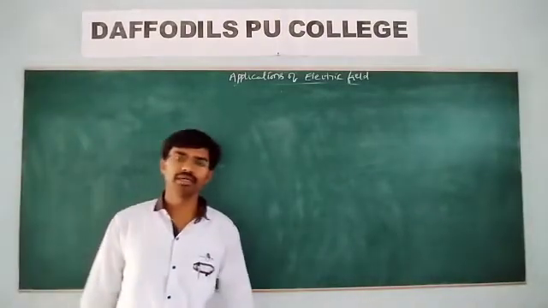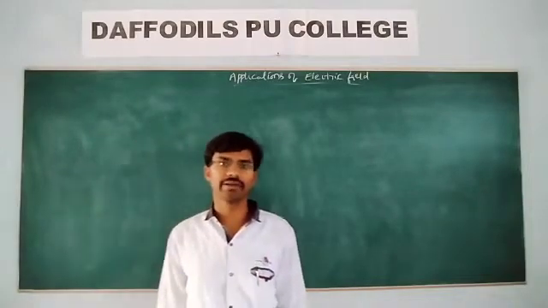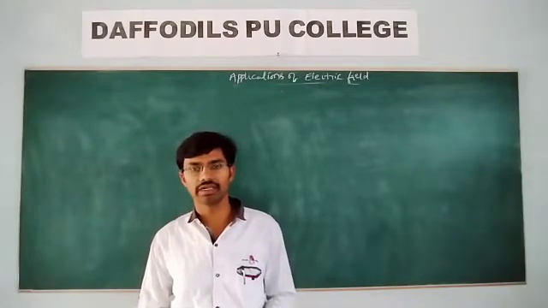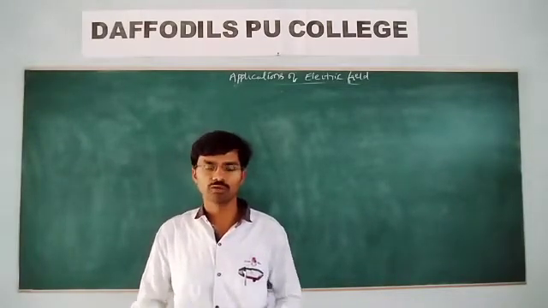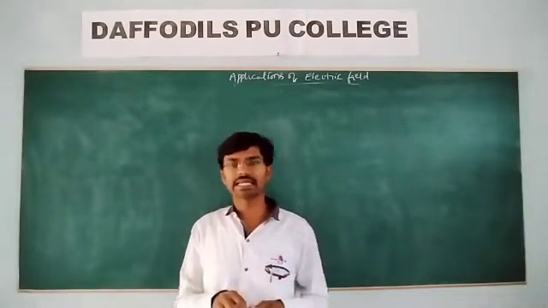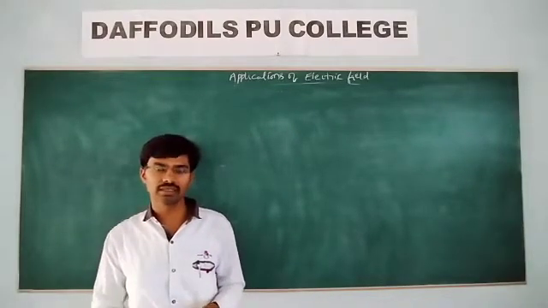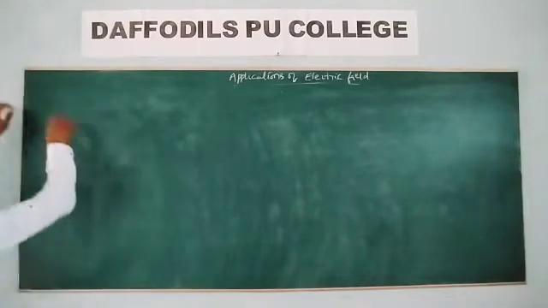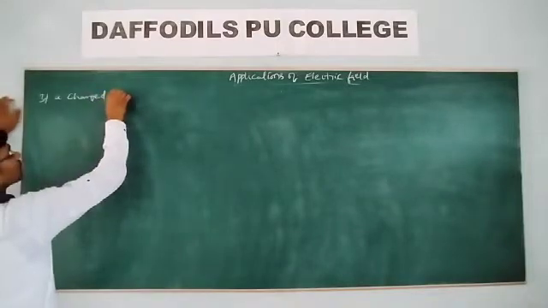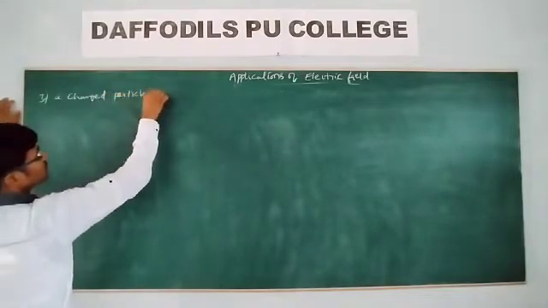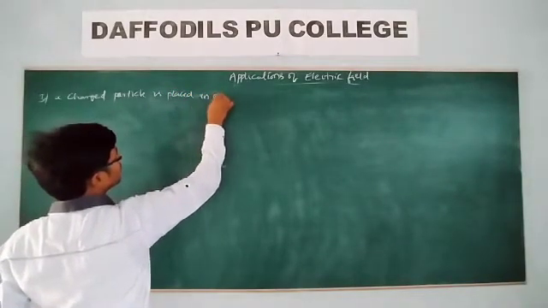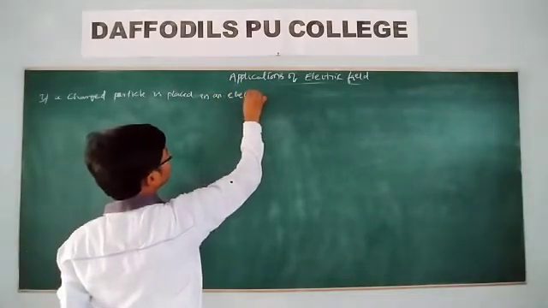Let me discuss what would happen if a charged particle is moving in the direction of the electric field, or if a negative charged particle is placed in an electric field. What would be the direction of the force, what would be the acceleration acting on that particle, and even the distance traveled or the velocity of the particle? Let me discuss. Let us take, if a charged particle is placed in an electric field,